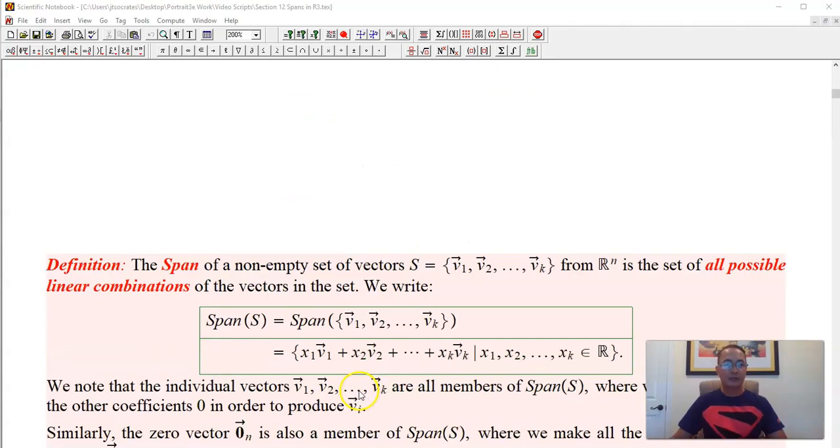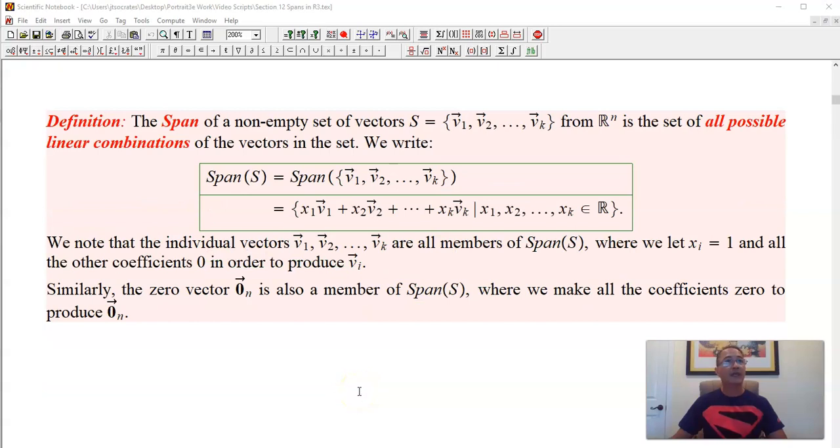So first, let's recall the general definition of the span of a set of vectors. If S is the set v1, v2 through vk, and these are vectors from Rn, then their span is the set of all possible linear combinations in this set. So we write this symbolically as the span of S, or the span of v1, v2 through vk, as the linear combinations x1 v1 plus x2 v2, all the way to xk vk, where the coefficients x1, x2, through xk